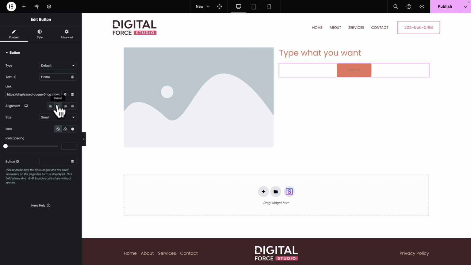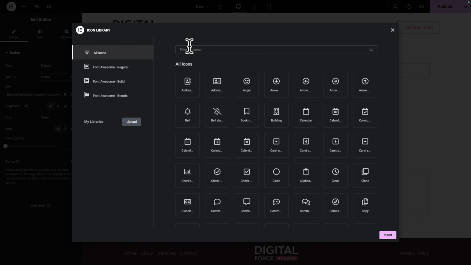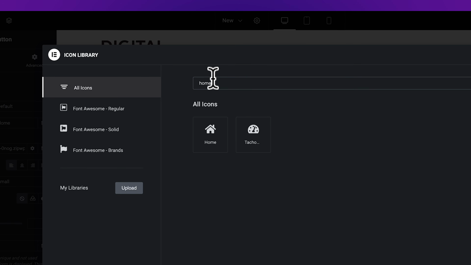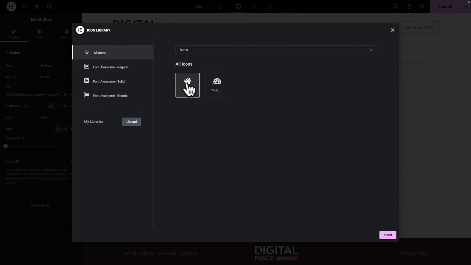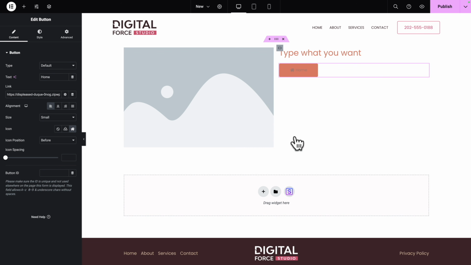So next we can change the alignment of the button, and we can also change its size. We can decide if we want to add an icon by clicking on the icon library. And for example, let me type home to find a home icon. Let me click on it and click on insert. And you can't really see it right now because the colors are not ideal, but this is what we're going